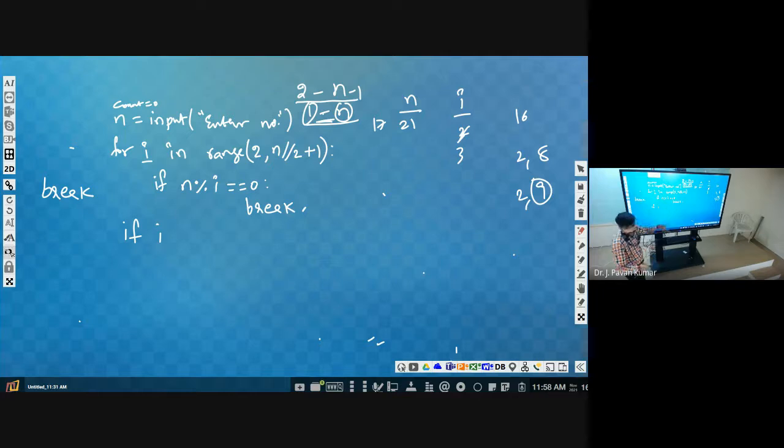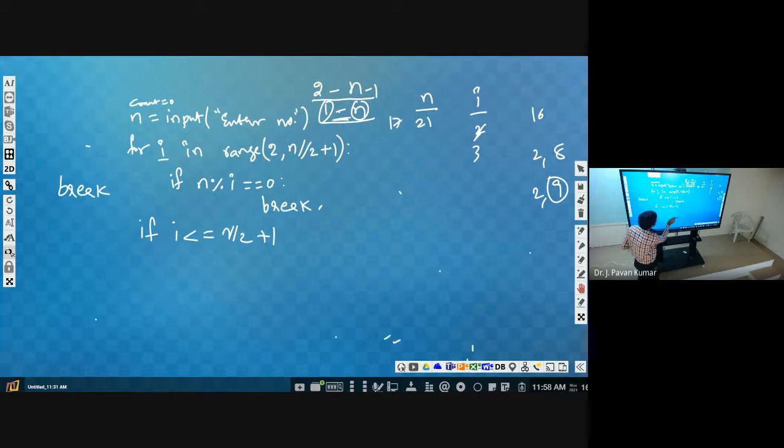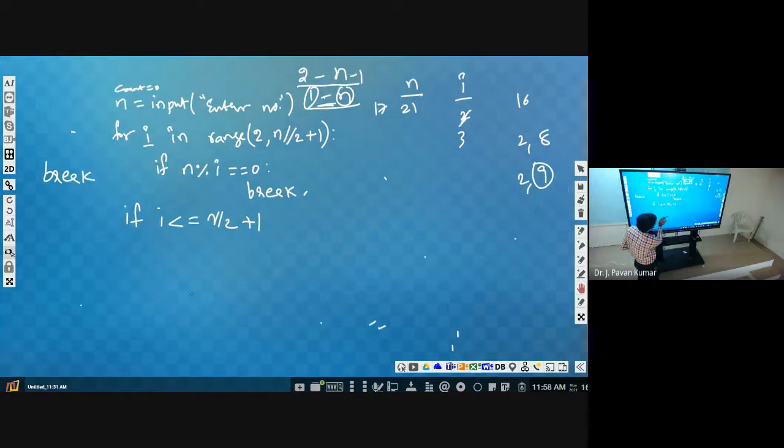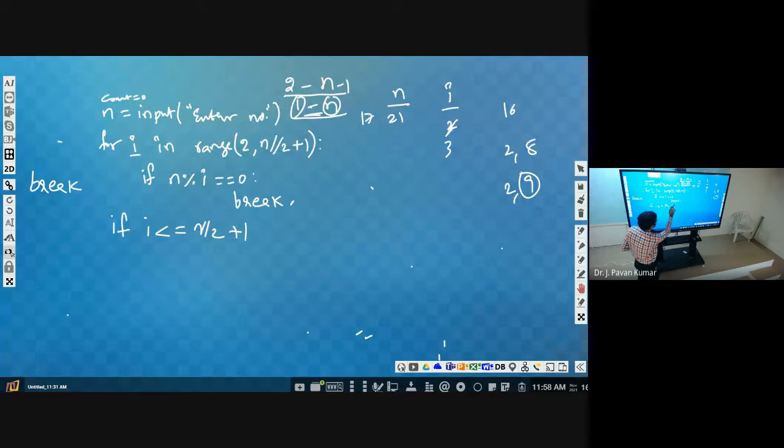Or on the other hand, if i is prior to its normal completion, like less than or equal to n by 2 plus 1 or n by 2.